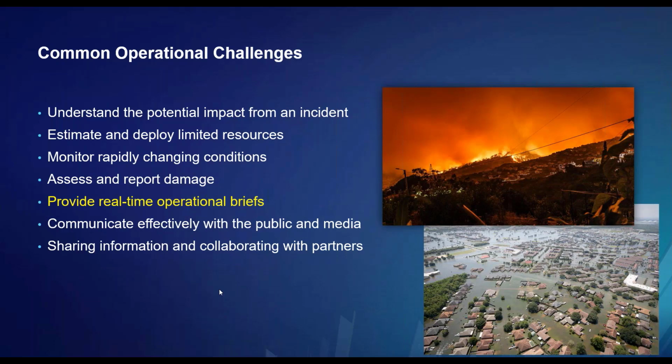How many people or things that we care about are within the cone of uncertainty of a hurricane, for example. Having that knowledge helps us better understand and deploy our limited resources. Having things like dashboards or story maps or briefings help us better understand rapidly changing conditions and how we might have to adjust our operational posture as a result. Some of the field tools help us report and assess damage very quickly.